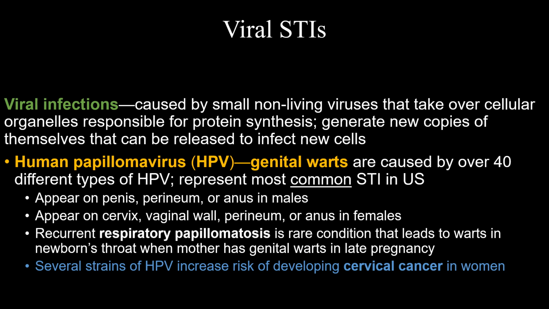Warts appearing on the penis, perineum, or anus in males, and on the cervix, vaginal wall, perineum, or anus in females. And the most common risk to newborns is a wart in the throat called a recurrent respiratory papillomatosis. And this rare condition results from the mother having genital warts during her late pregnancy. And these are treated with cryosurgery, laser surgery, or interferon, a cytokine released by infected cells, helping to